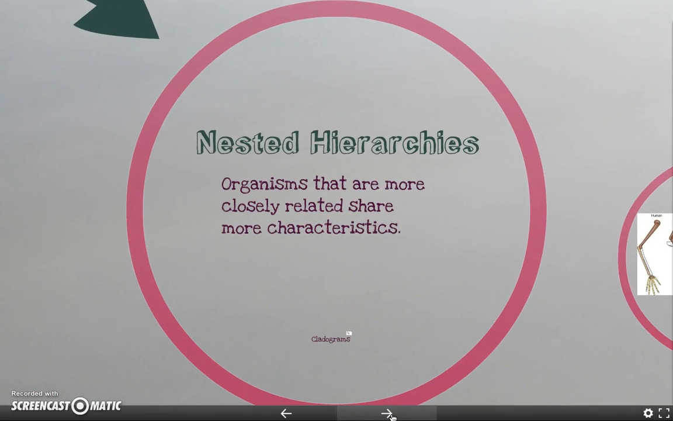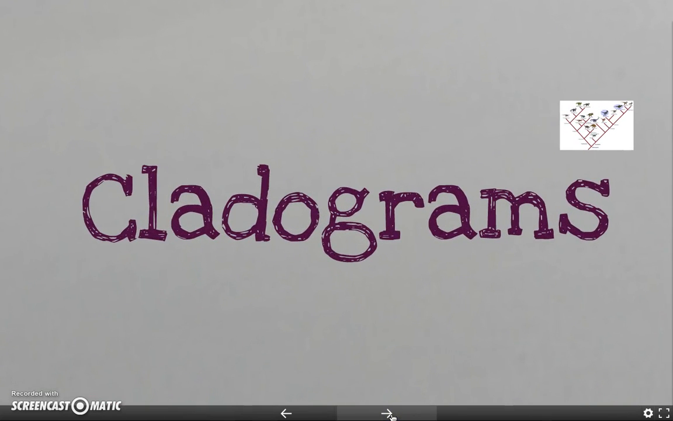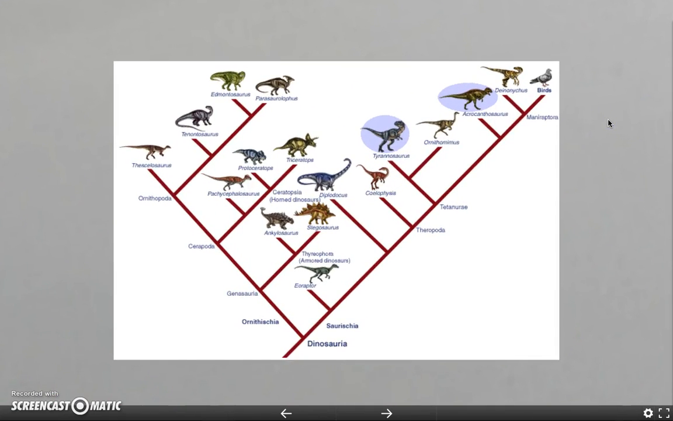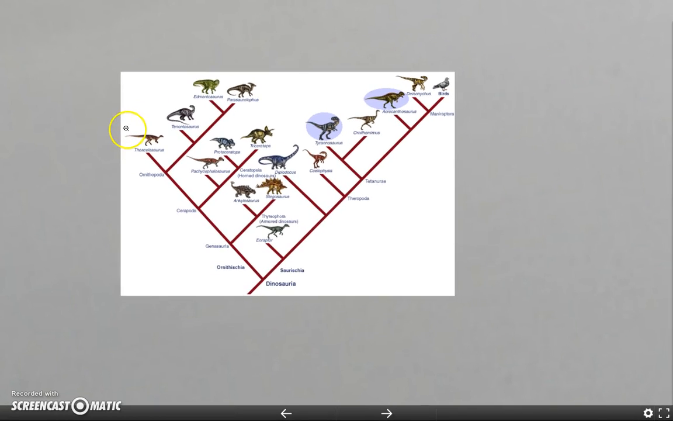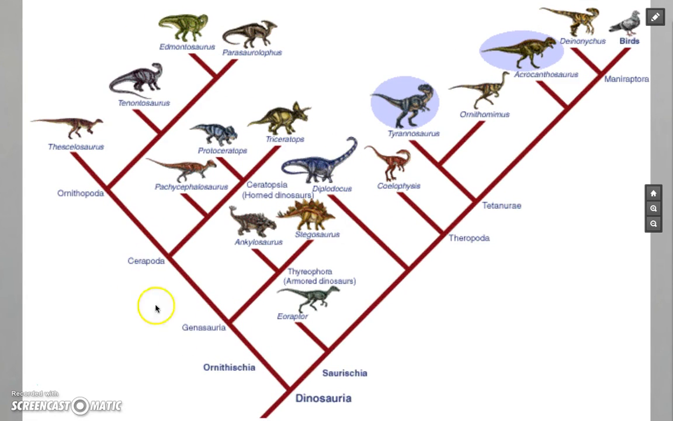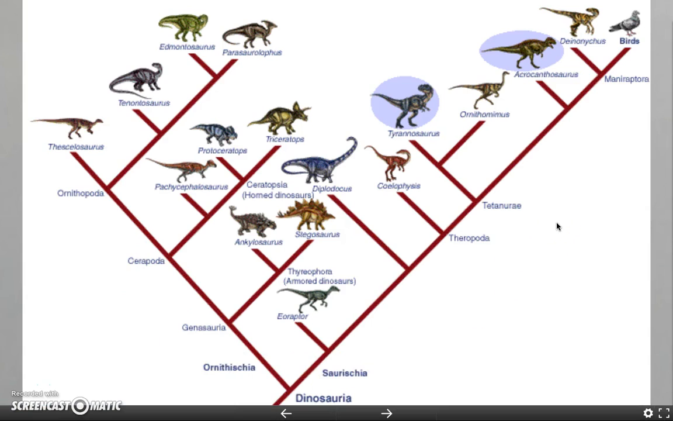Next, the idea of nested hierarchies. Organisms that are more closely related obviously tend to share more characteristics in common. We see this when we look at cladistics, or specifically when we look at cladograms. This here is a cladogram of dinosaurs. And what you can see here is that this is a branch of a tree. And in this tree, all of these organisms are dinosaurs and they're all related. But what we can see when it's set up this way is that the dinosaurs that are on this branch